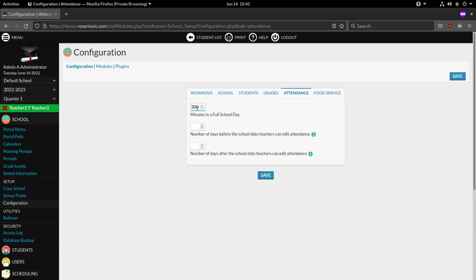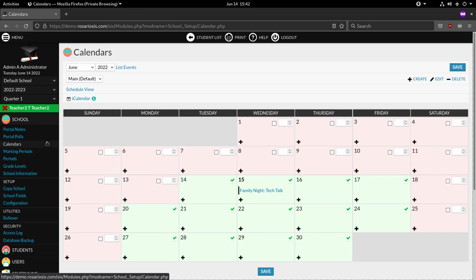There is another case where, let's say, you have classes on Saturdays but only during the morning. So you would enter minutes for those particular days and save. So now Saturday the 18th is considered a partial day which sums only 150 minutes. So now let's take the example for the 14th of June. I will uncheck the day first. Now I can enter an amount of minutes,